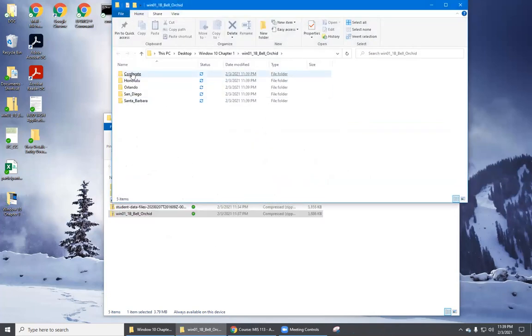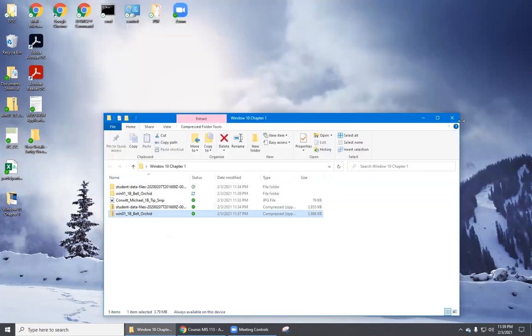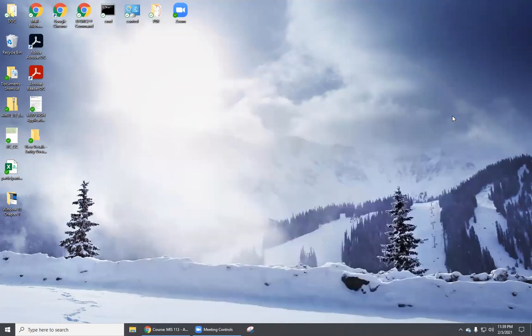Okay, and in there we'll have all the files that we need for that project. Okay, once that's done, we're going to close it and go close our file folder, and then